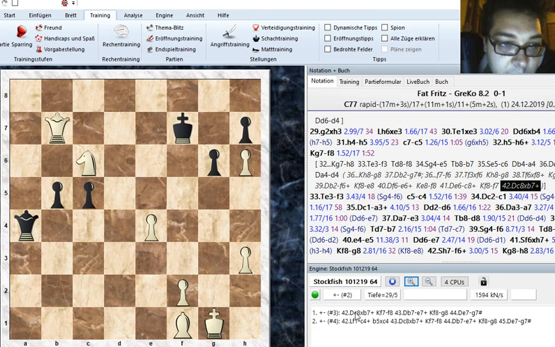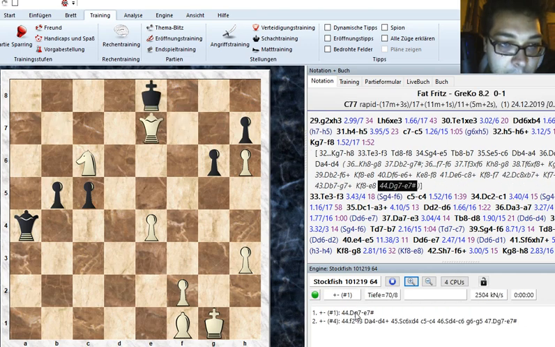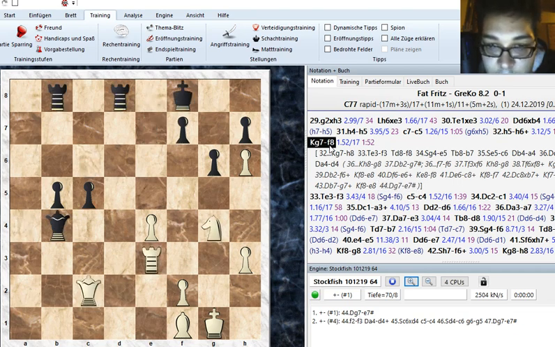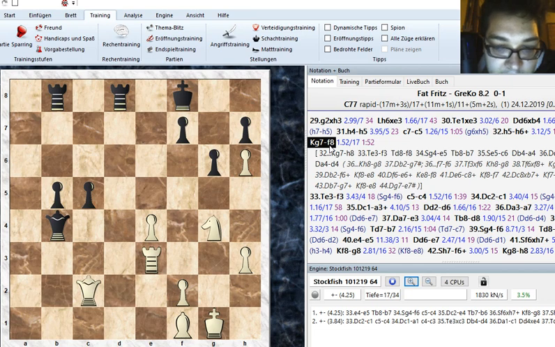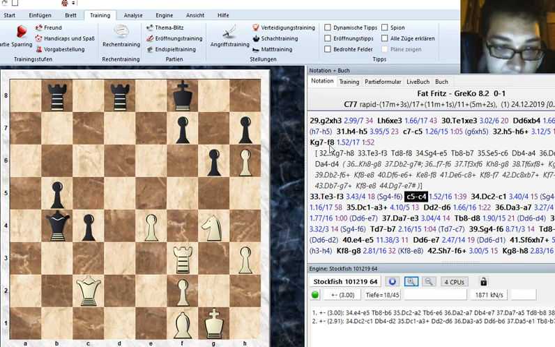And after this move, the rook is lost and everything will fall. Here, this is a mate. So king f8 was played in the game, the best move. Now rook f3, c5,